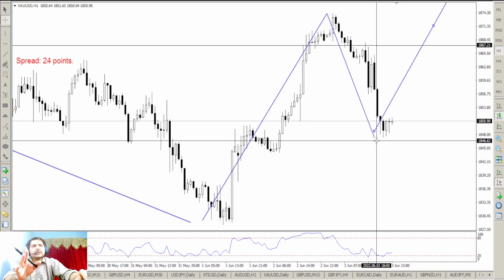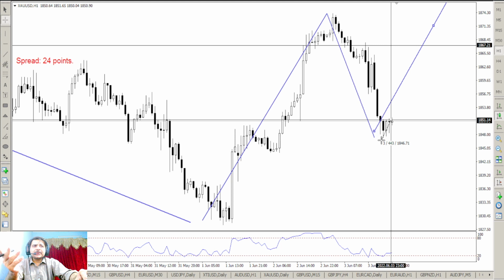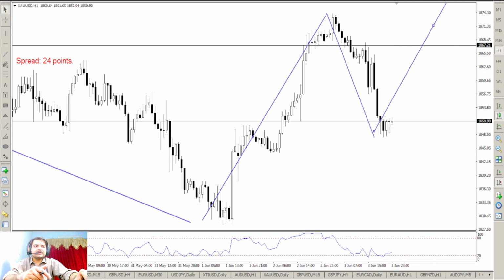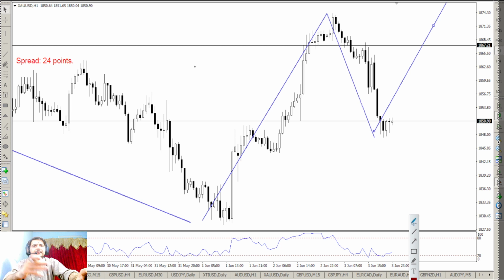Well, on the 1 hour, this obviously will not be a blind buy because it will have a conservative stop loss of around 44 pips and a take profit of 1867. So the first trade opportunity obviously will be a buy near the same level 1850, and the TP will be